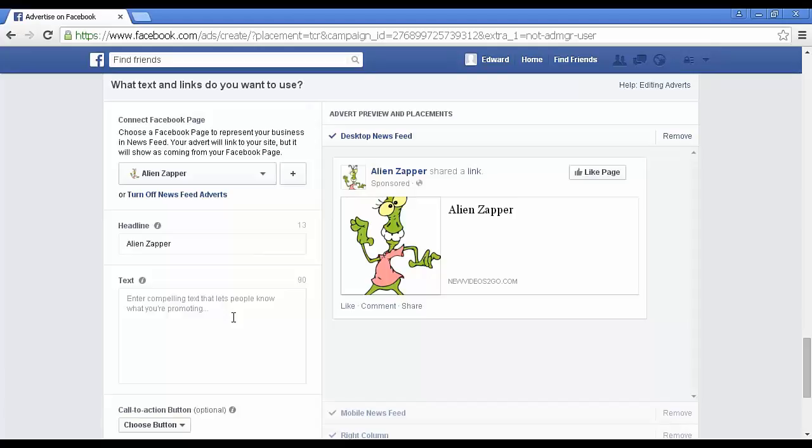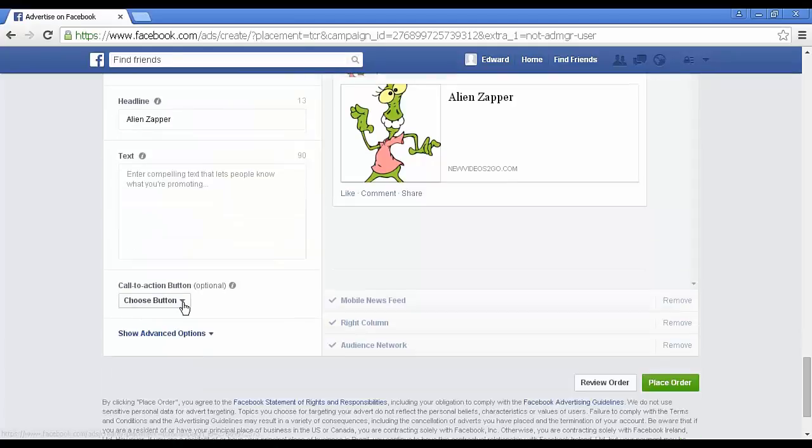And the ad text is 90 characters long. This is the body of the ad, and it's going to explain a little bit about what you're selling and why people should click to read more, why they should like the page or do whatever else. You want to say something like, yes, we're really selling these beautiful shirts for just $9.99, but hurry and buy while stocks last. You can also add a call to action button, which you can see down here, and you